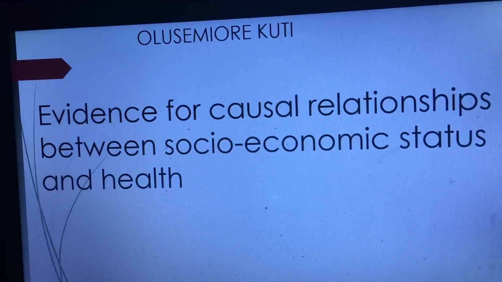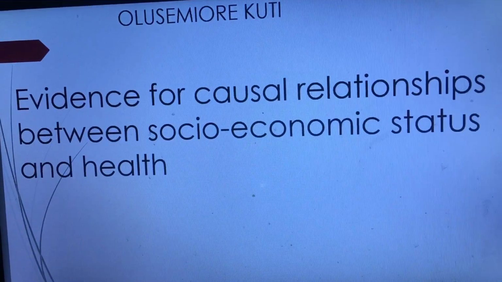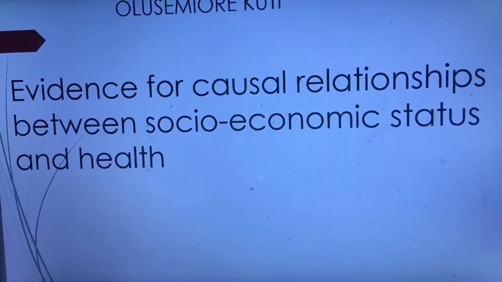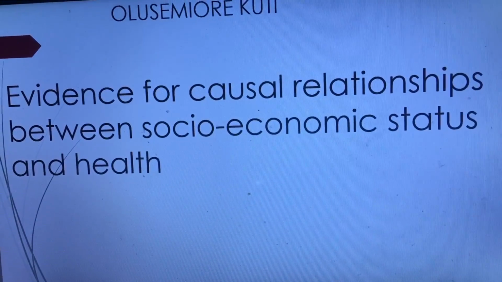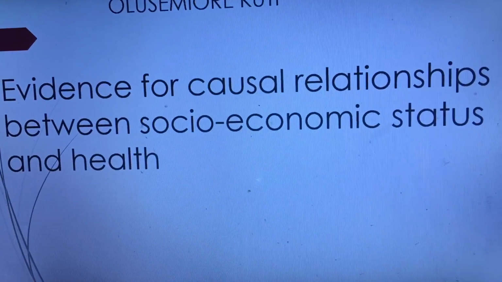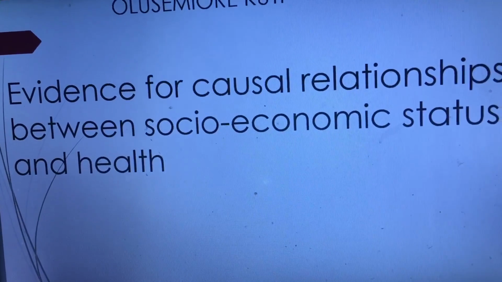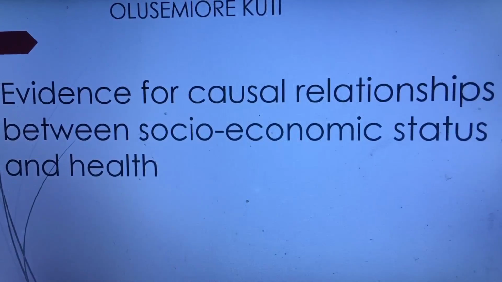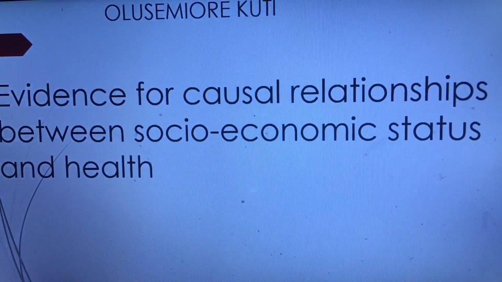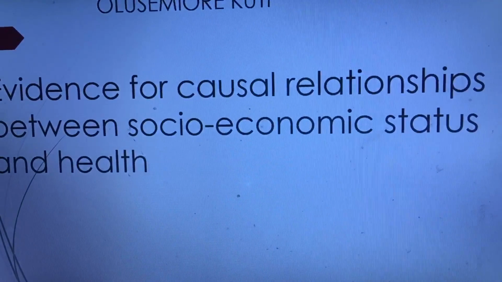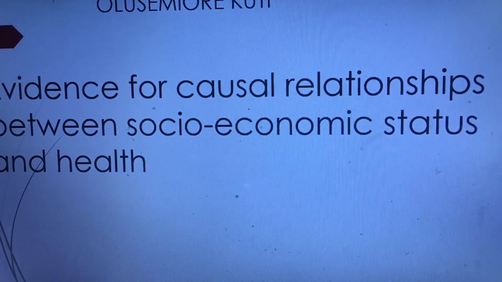I'm going to talk about the evidence for causal relationships between socioeconomic status and health. Socioeconomic status, or SES, is the social standing or class of an individual or group depending on the combination of factors including occupation, health, income, wealth, and the place of residence. Sociologists often use SES as a means of predicting behavior and indicate whether an individual's background is an indicator of